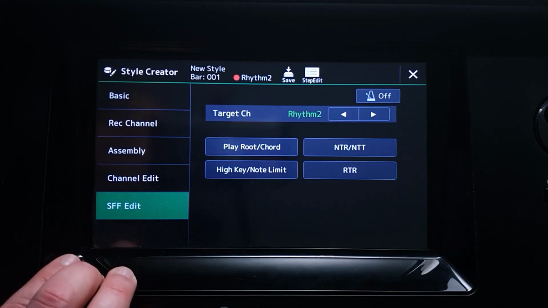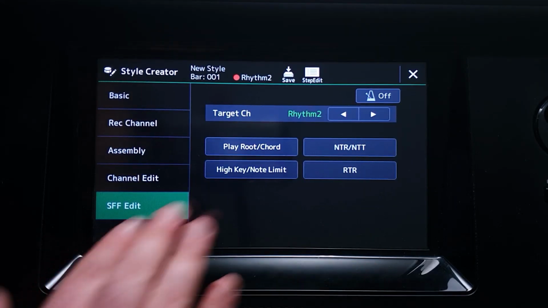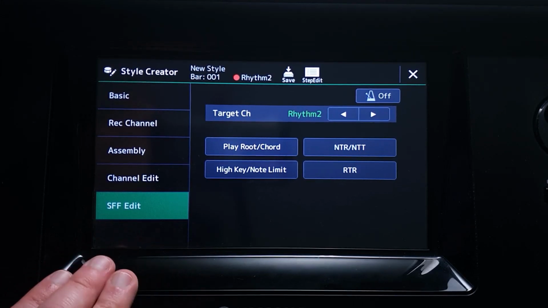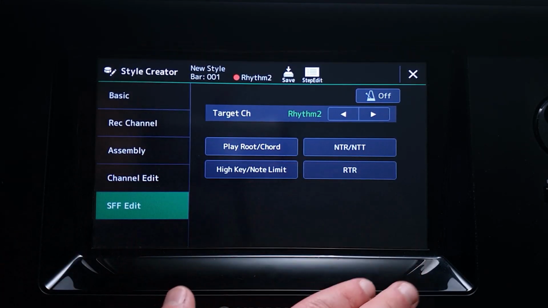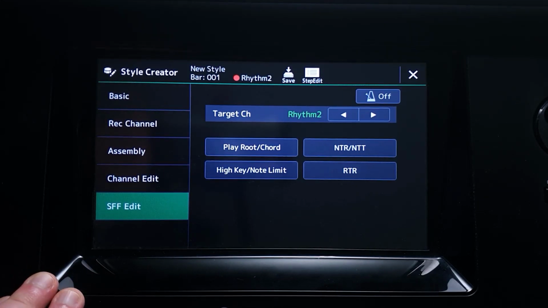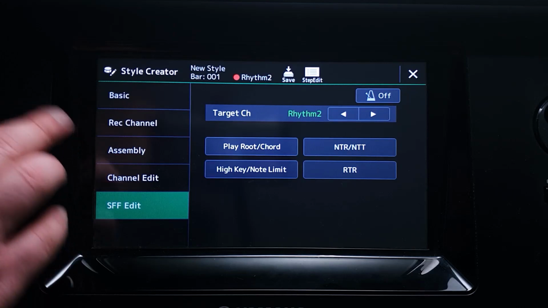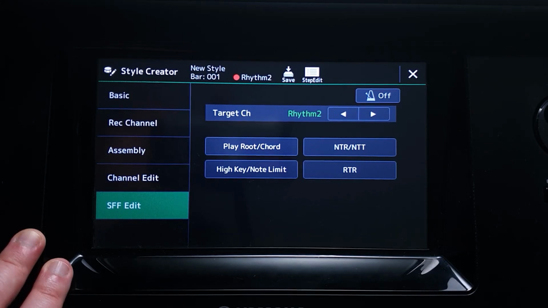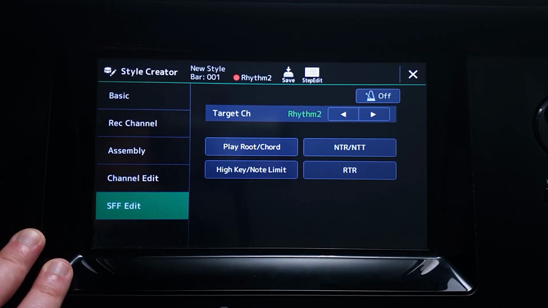So yeah, to some extent there is this SFF edit tab here that allows some modifications. But if we are talking about the styles made by Yamaha themselves, we see that they